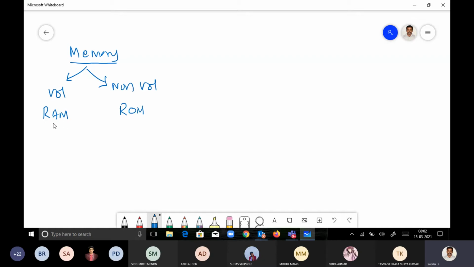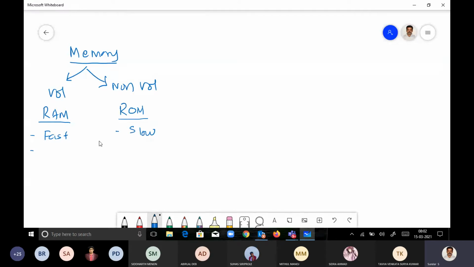So it is fast. The characteristic of random access memory is that it is a fast memory, and ROM is a slow memory, because here the access is sequential. Suppose we want to go to the 100th location, we have to pass all the 99 locations below, and only then can we get to the 100th location. So it's slow.